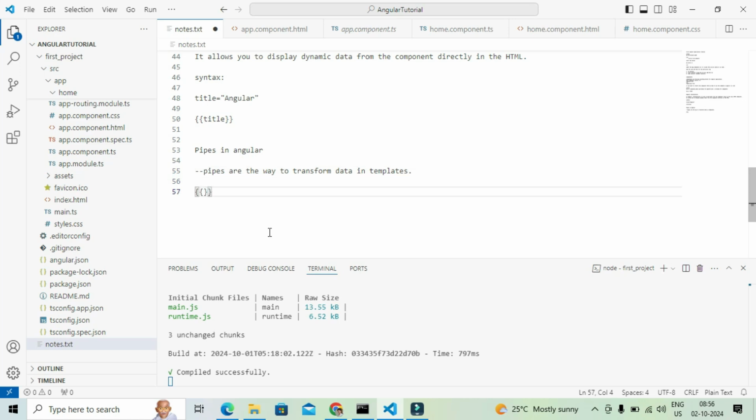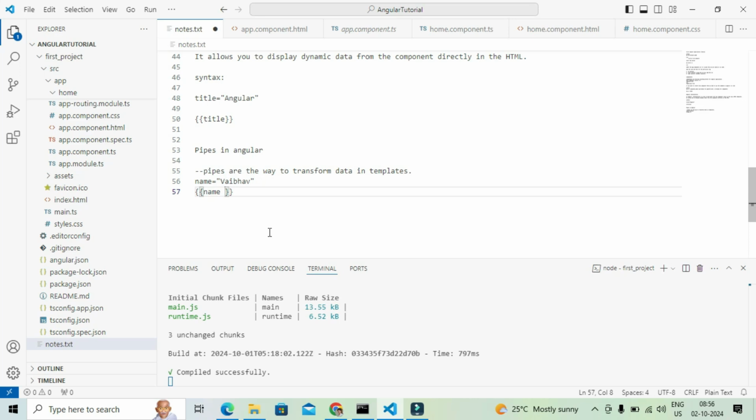Suppose in the interpolation we use the name property here, and for this name I pass Vaibhav. Now I want to print that Vaibhav in uppercase.